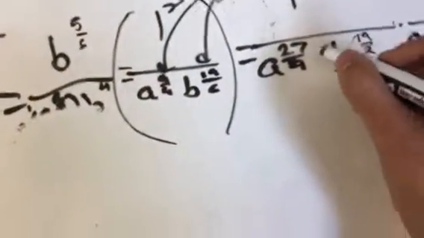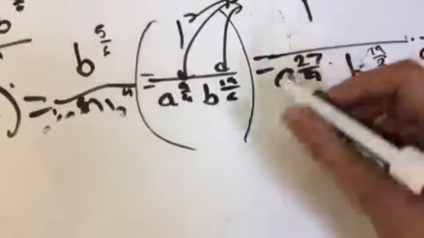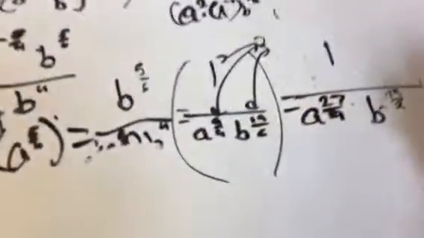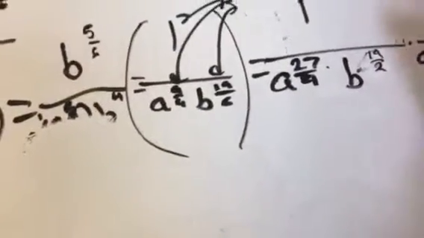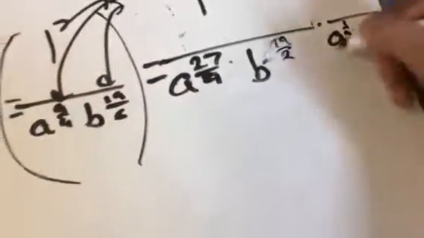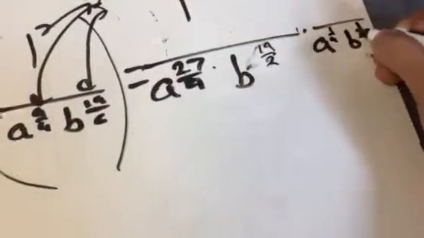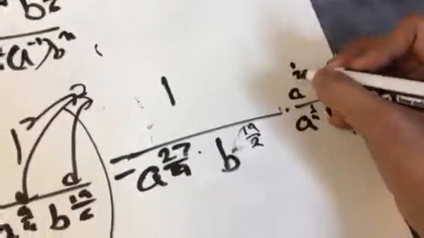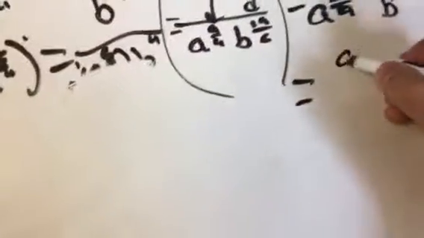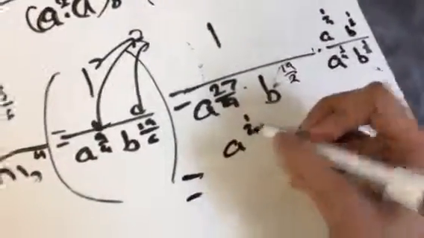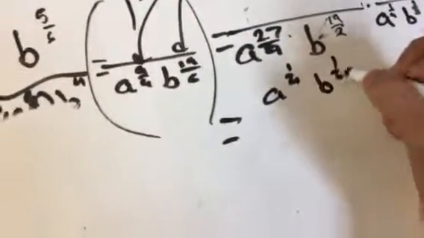You want to get rid of the denominator of 4, so you multiply this by a to the 1 over 4, and b, and you want to get rid of this 19, so you multiply by 1 over 2, and you do that for the numerator too. So the denominator would be a to the 1 over 4, b to the 1 over 2, over